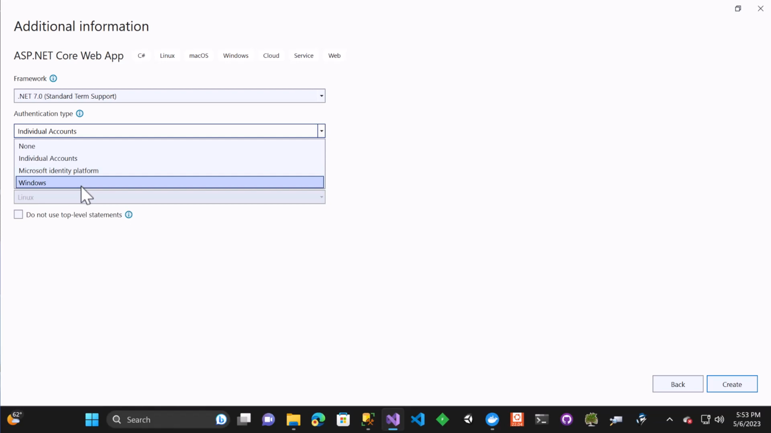Now in the Windows section, it will only be available to Windows systems that this application is going to be installed. But because we might be installing this in a Docker container that might have Linux, let's just go ahead and use